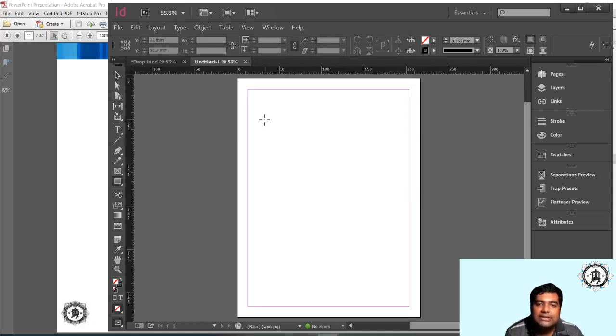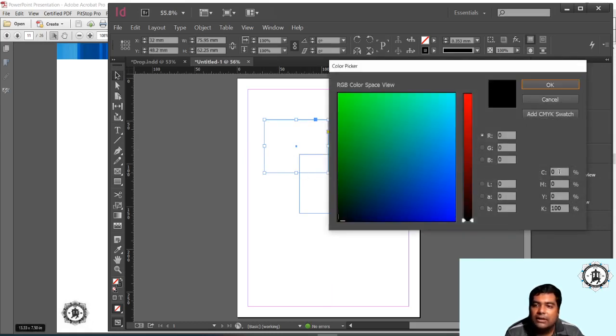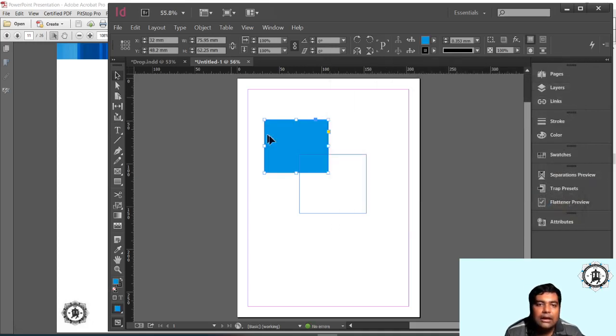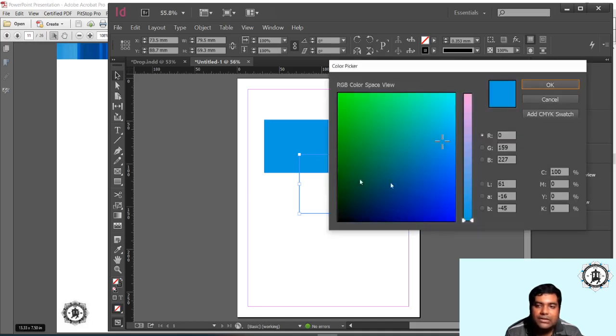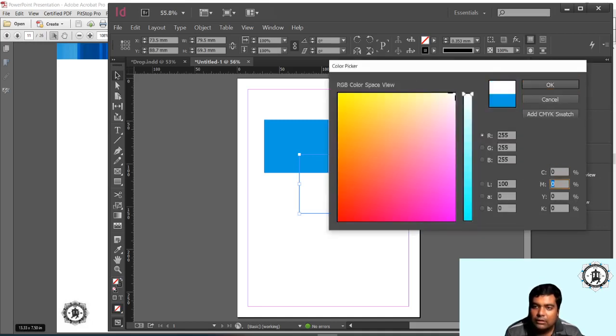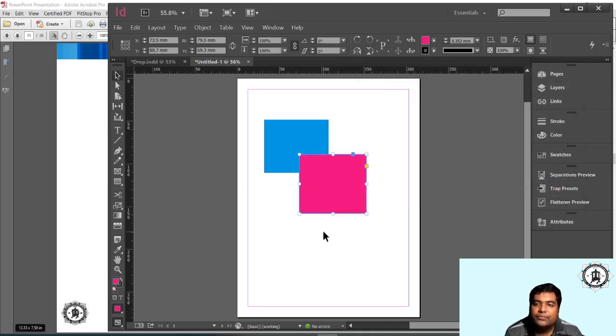So let me build the same thing. Okay, and two other things, right? Two boxes that I have built now. So let me add one color over here. This is cyan, right? And this is your magenta. This is the process colors only, right? Okay, so now what I'm going to do is I am going to add overprint fill in this and